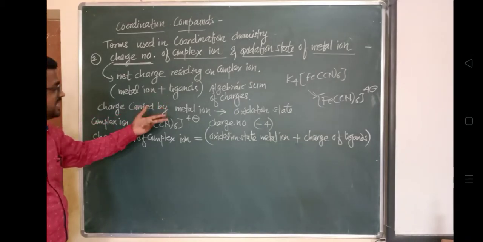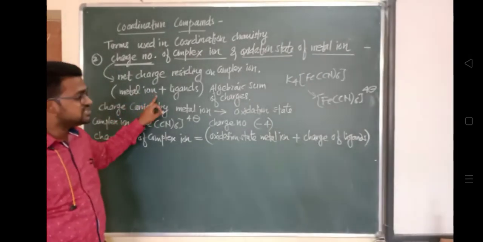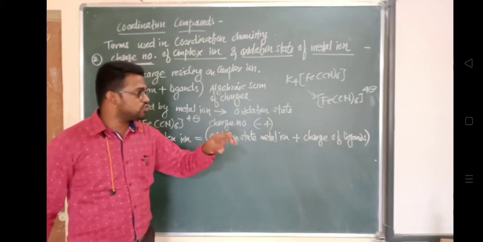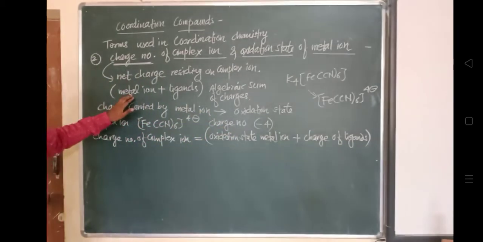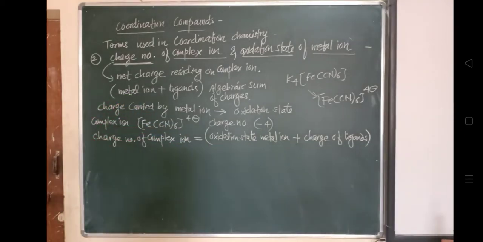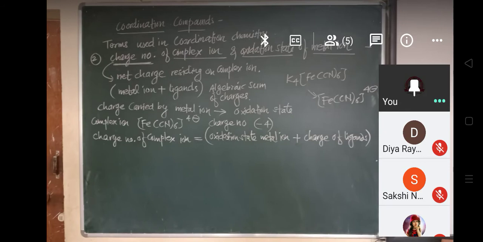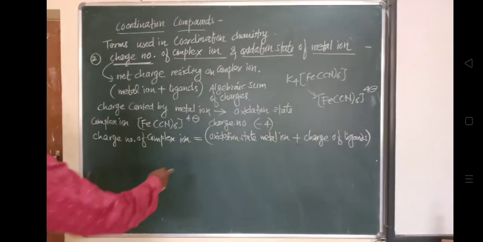So now we have the value. So complex ion के ऊपर कितना चार्ज है? -4 चार्ज है. What we have to find out? We have to find out the oxidation state of metal ion. कौन सा metal ion है इसमें? Fe is the metal ion. So oxidation state of Fe plus what is the charge of ligand? So charge of ligand is how many